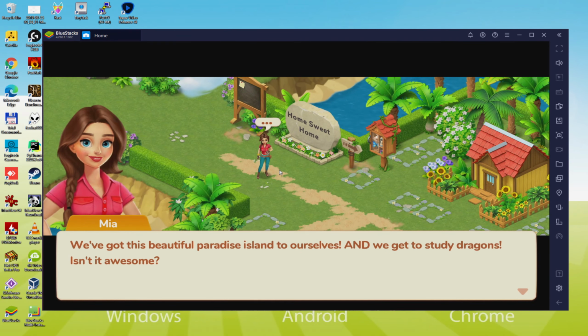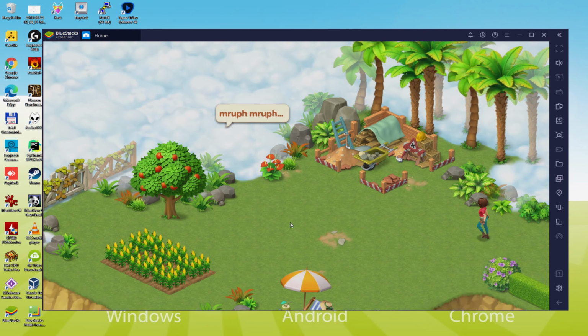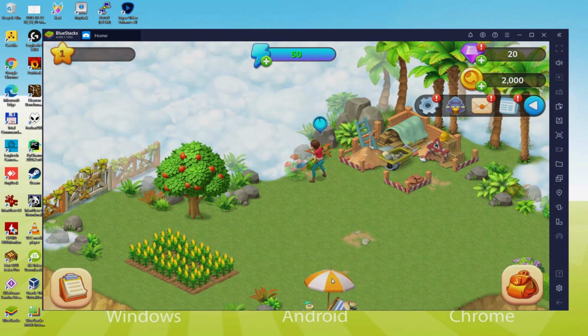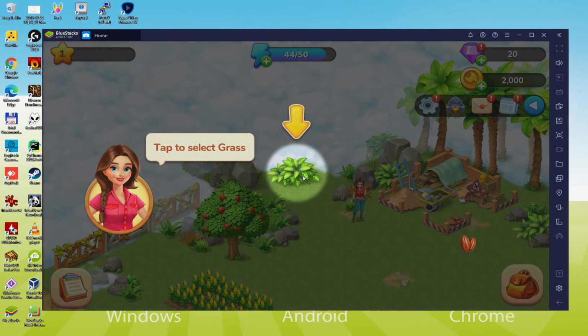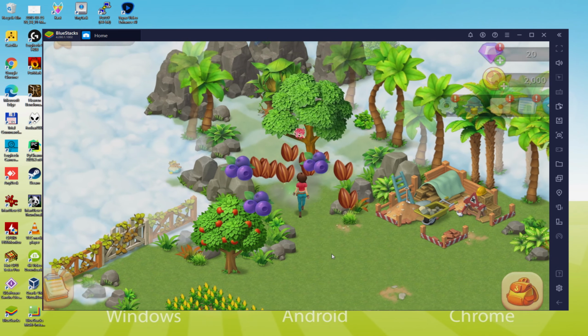We are on the way to see how to play Dragonscapes Adventure on your PC. Here you are able to display it on screen. It takes almost no time to simply download and install Dragonscapes Adventure and enjoy the game on our Windows computer using our keyboard, mouse and large monitor. So without further ado, let's get to it.